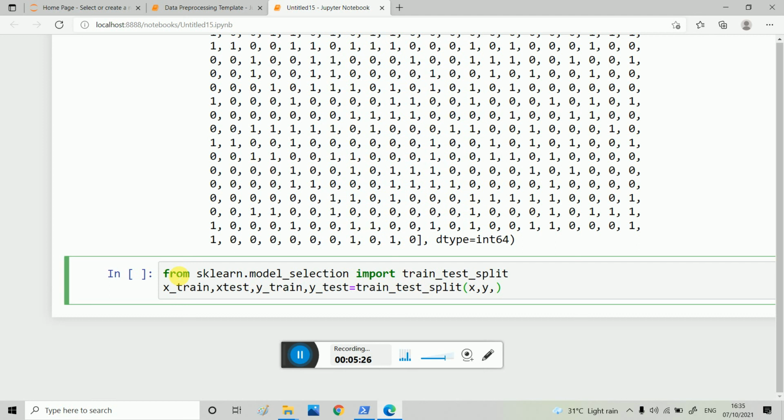Let's say test_size is equal to 0.2, which means 80% of the data is given for training and 20% is given for testing. Firstly, we have to train our model so that it will give our result. After that, we will give the test data, and we have to write random_state is equal to 42.